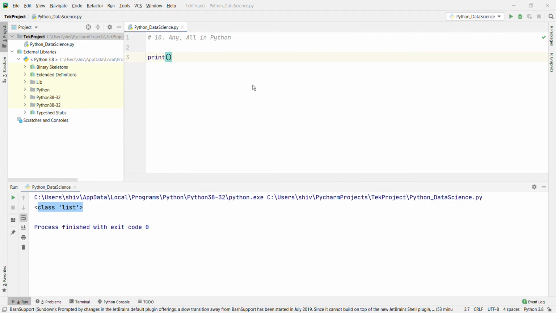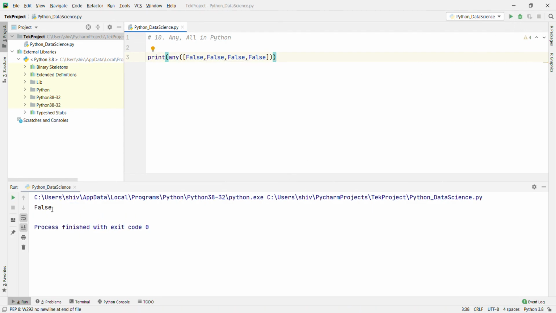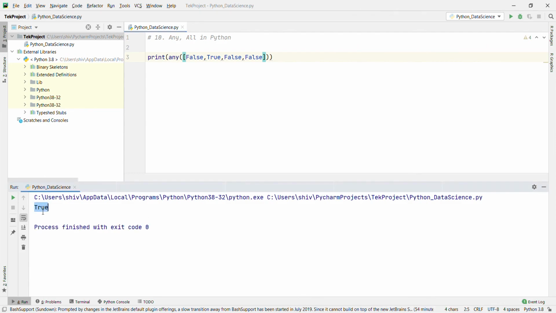Print any of False, False, False, False. Okay, then since all are false, false is going to be returned. Let's run and see. Okay, false is returned because all are false. Hence the method will short circuit at the second item. If I return true instead of false at the second item, then it will return true. Okay, let's run and see. Okay, it's going to